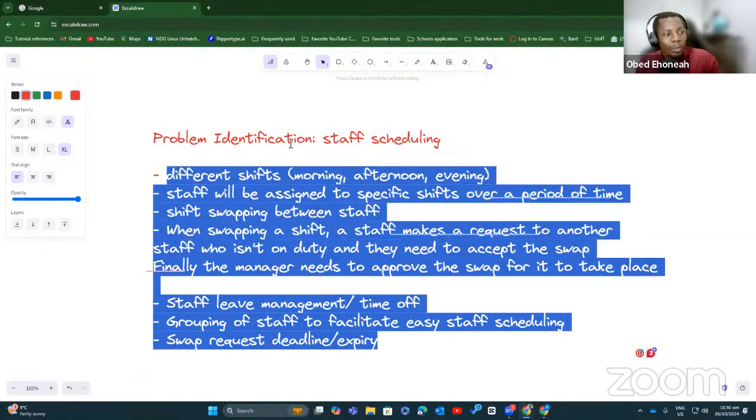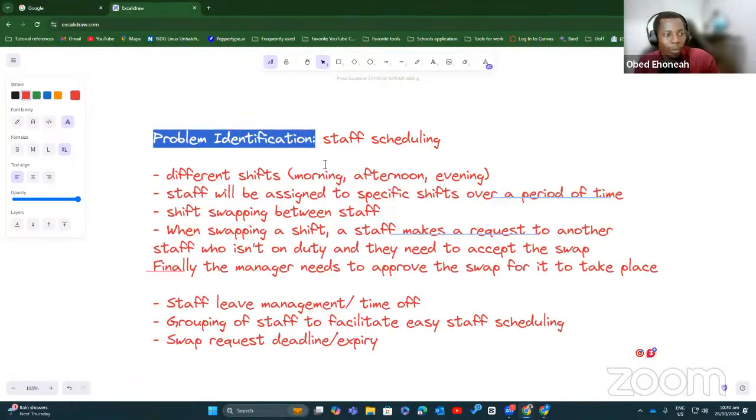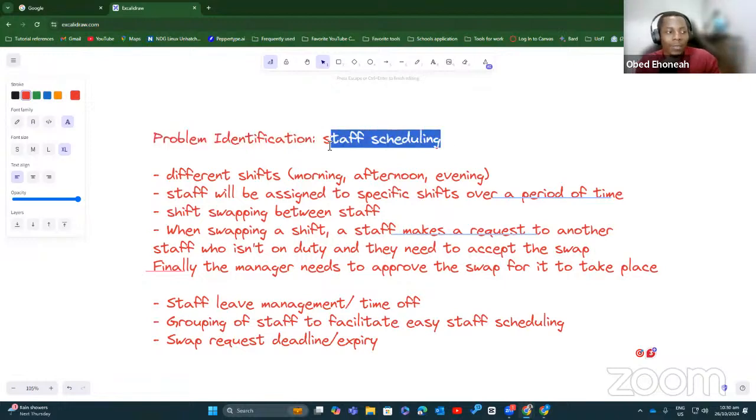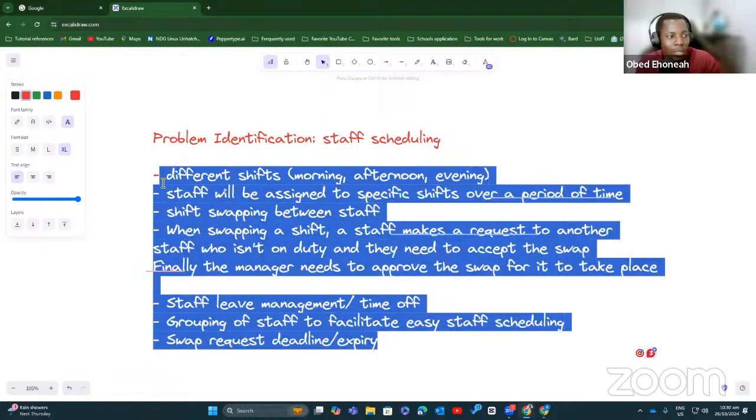Now we have a problem that we've identified. We want to digitalize staff scheduling that people do manually, and it takes them a lot of time. And we are brainstorming what the features of this application should be like, right? And now from brainstorming, we are going to have to go into design. Then from design, we'll go into the actual coding, then evaluating, testing and monitoring, all of those things, right?